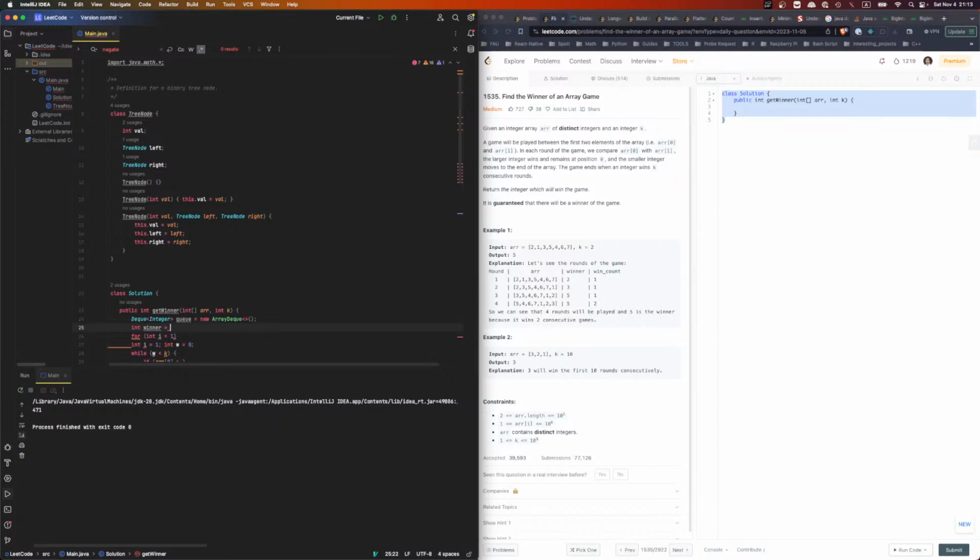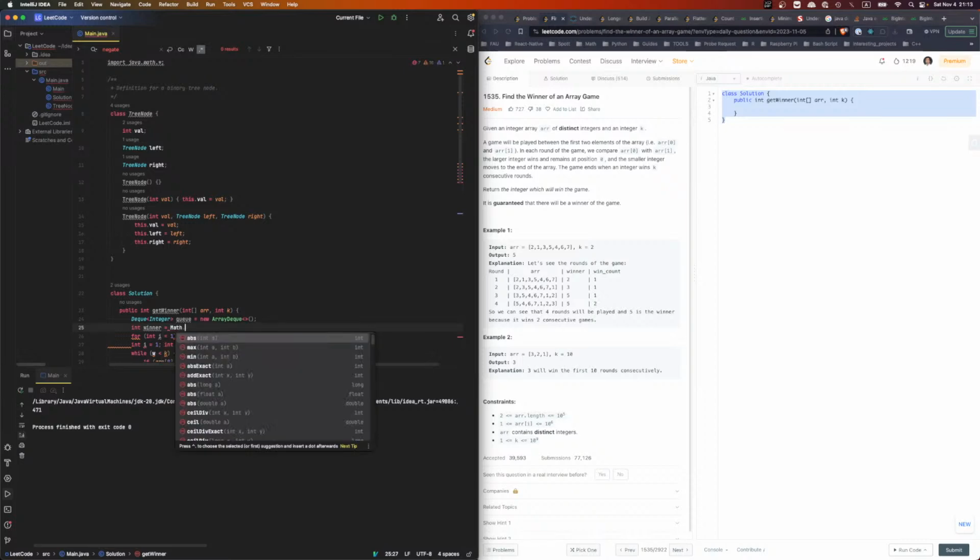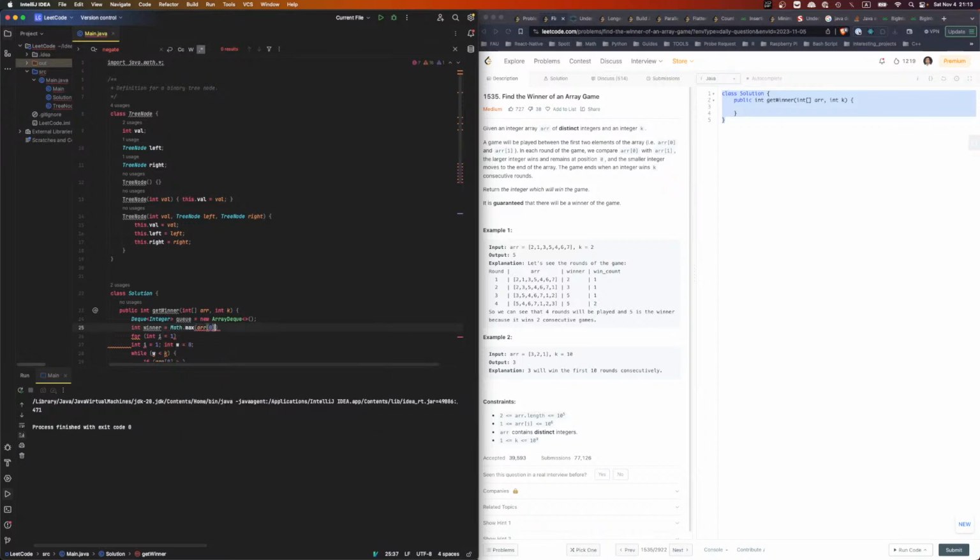Yeah, I think we should do the first round. So that should be Math.max of array 0 and array 1. And for int i is equal to 2, i smaller than array.length, i plus plus, we say q dot